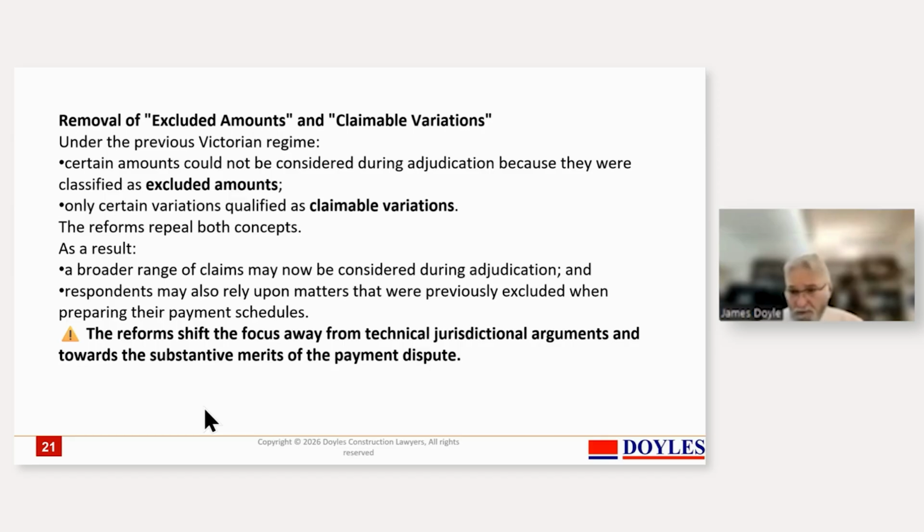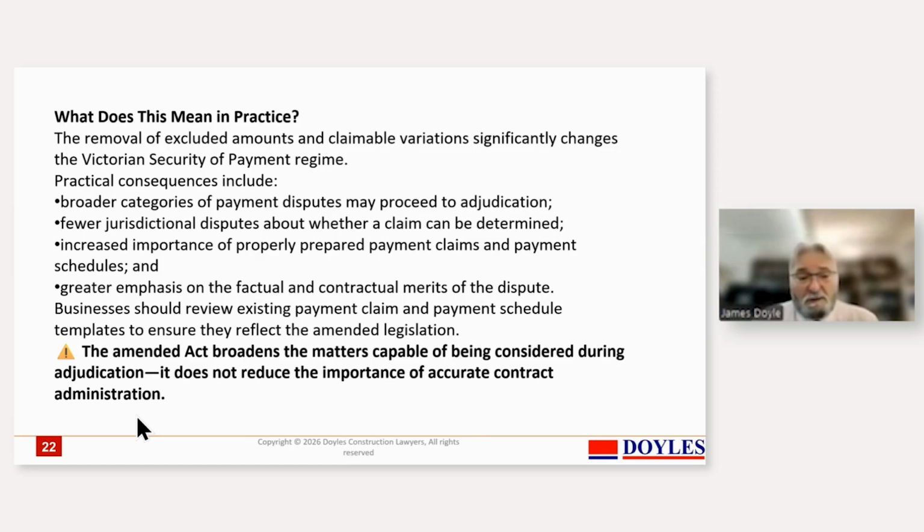And the availability of adjudication removes the incentive for people to run silly arguments, because if you run a silly argument, then it's going to be resolved within a couple of months. So if you want to run a silly argument, you can, but it'll be pretty quickly told to be nonsense. Whereas when we were restricted to going to court, you had to wait 2 years before you went to court and to get a judgment, and you could be appealed. It attracted silly arguments, and these amendments are a great benefit. So the benefit of getting rid of those excluded amount and claimable variation concepts significantly improves the whole rigmarole,